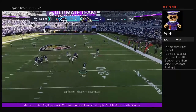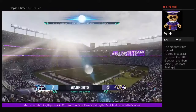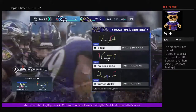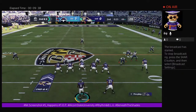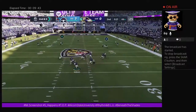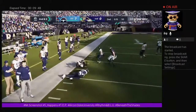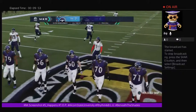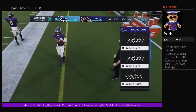Jackson on first down. He's going to hit his man out of the backfield, complete. The Ravens are going to use the second of their timeouts, as the stoppage will come with 23 seconds to go till halftime. 6 yards left on second down. Off the play fake, here's Jackson. Being chased out left. He'll try and run it, and he'll get it out to midfield. Let's see, yeah, they'll spot it right at midfield at the 50. That's good. And that'll do it for the end of this abbreviated halftime show